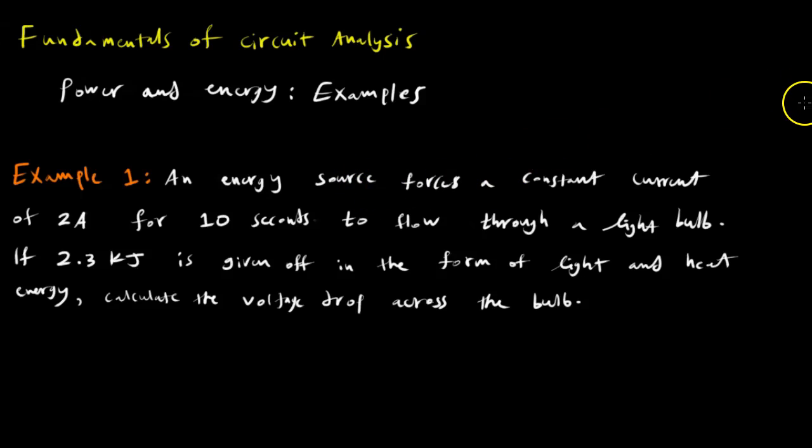Now we're going to look at some examples of power and energy to solidify some of the concepts that we just talked about. Looking at this first example, we have an energy source that is forcing a constant current of 2 amps for 10 seconds to flow through a light bulb. If 2.3 kilojoules is given off in the form of light and heat energy, calculate the voltage drop across the